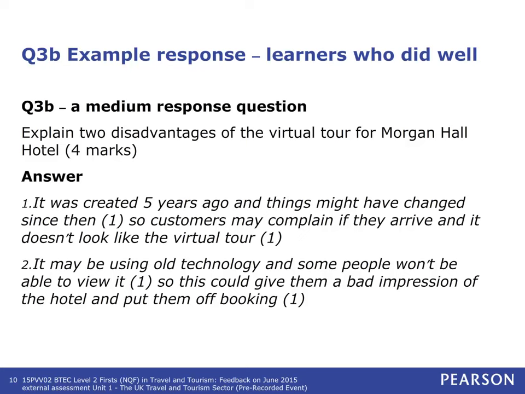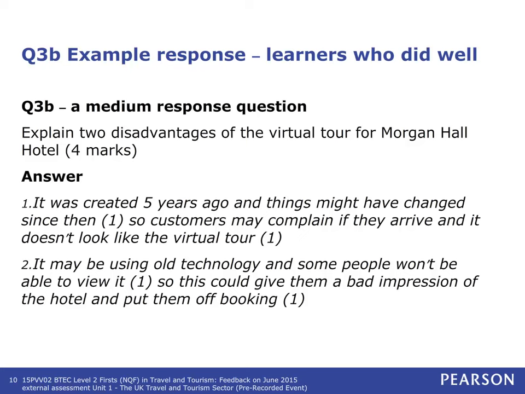2 marks were available for each disadvantage. In this example answer, 2 disadvantages are clearly identified. In the first, it is about the tour being out of date, leading to complaints, and in the second, this is about the technology itself, which may be incompatible with more modern software, leading to a poor image and potential